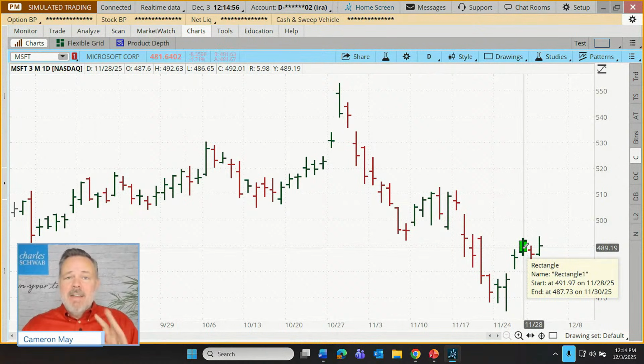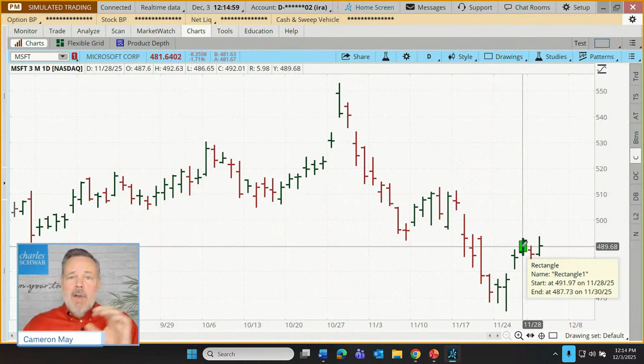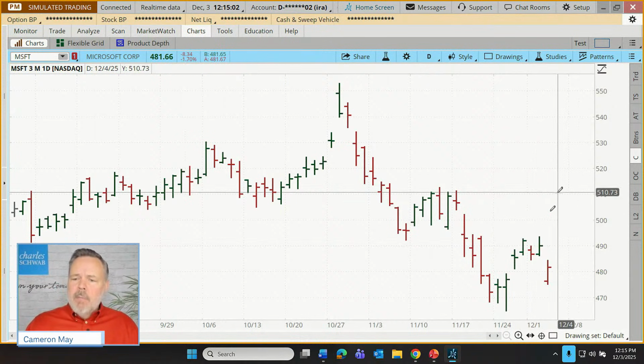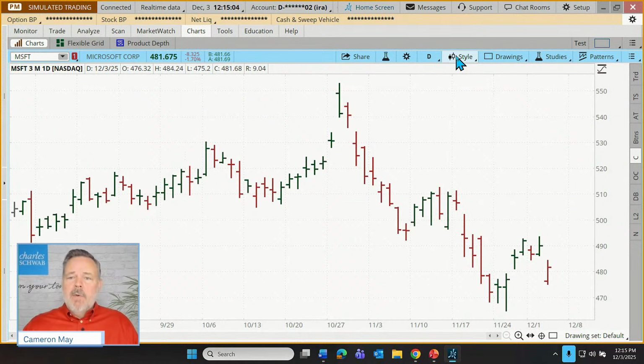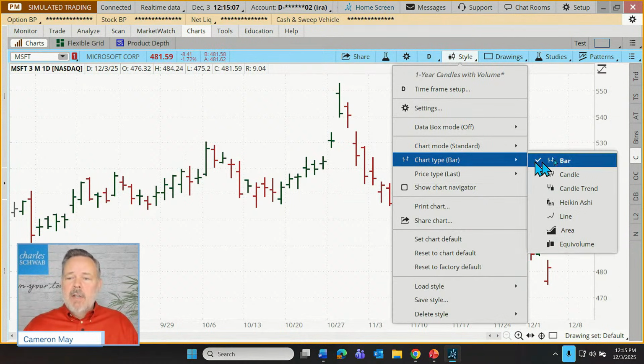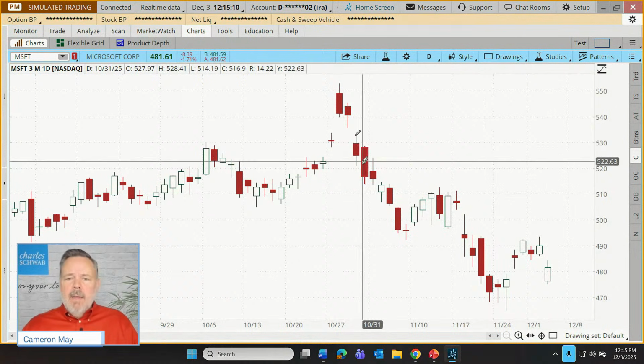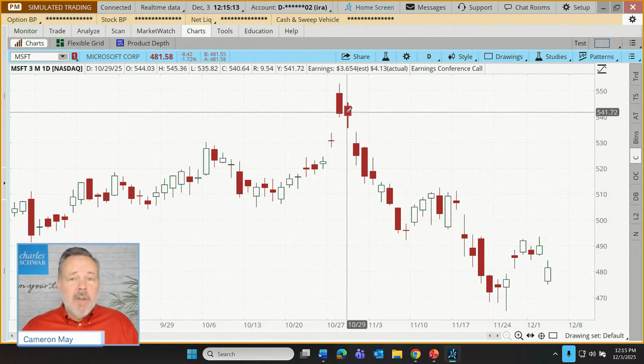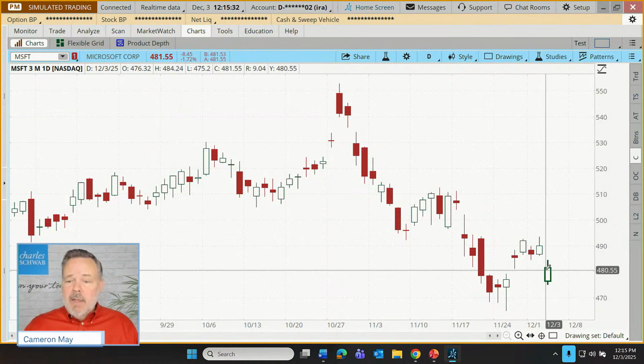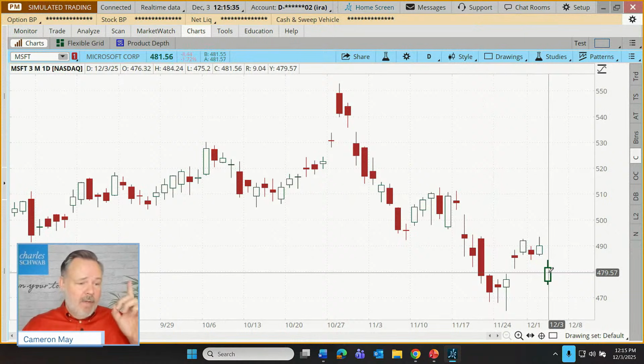So it gives us a different visual presentation of the day-to-day or hour-to-hour price activity. But let me just remove that. And let's come up here to our style. And I'm going to switch this from a bar chart to a candle chart. And you can see it's a very different look from a bar chart, but delivering very similar information. The basic difference here is really trader preference. Candlestick chart is still telling us day-to-day changes. It's still telling us open, high, low, close information, but it's displayed a little bit visually differently. And the color scheming is different.